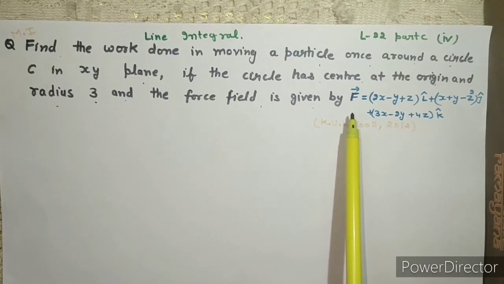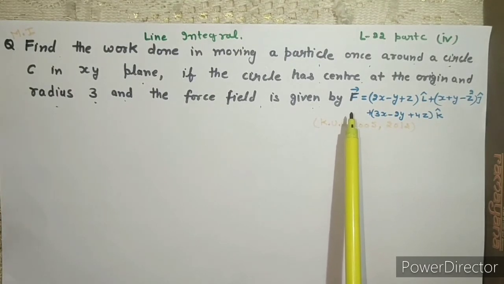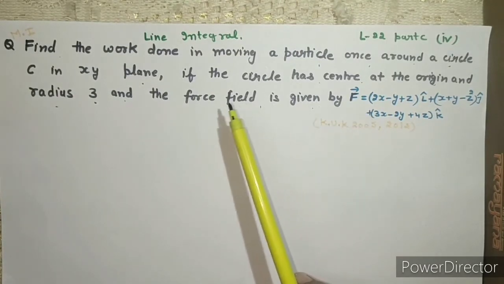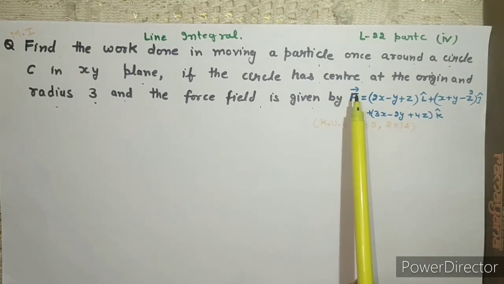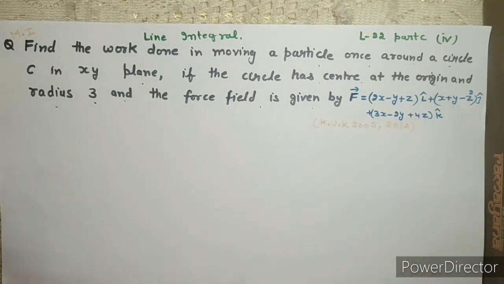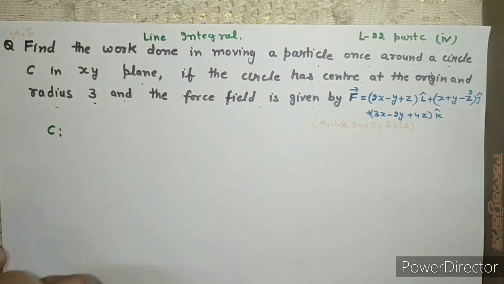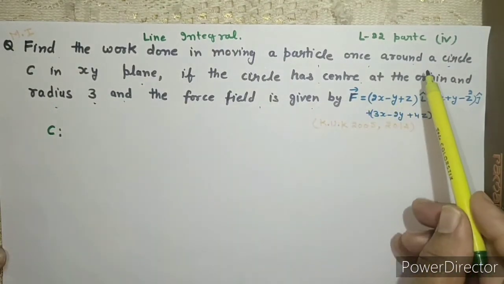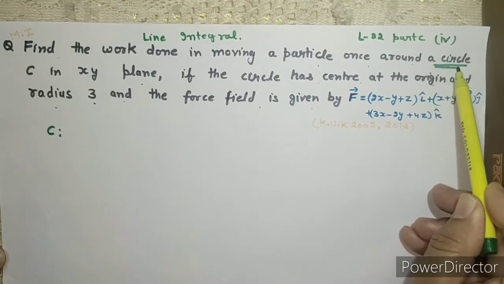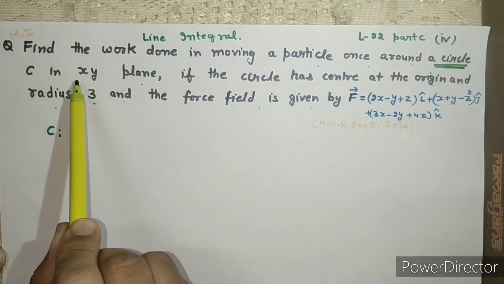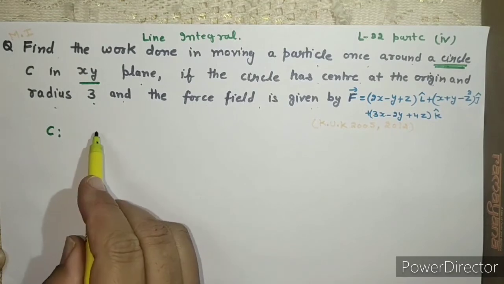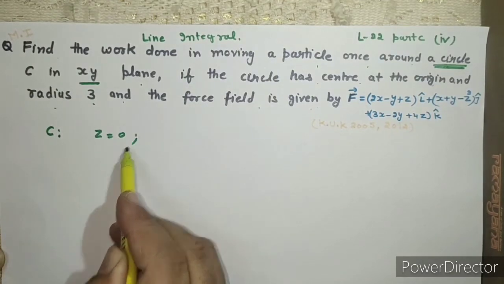अगर आप इसे ध्यान से देखें ना बच्चे, ये क्वेश्चन आपका फर्स्ट क्वेश्चन ही है। F dot dr निकालना है। एक सर्कल गिवन है, इसका रेडियस आपका 3 यूनिट है और सेंटर एट ओरिजिन है। तो फर्स्ट तो आइडेंटिफाई कीजिए कि इस क्वेश्चन में कर्व कहाँ है। कर्व क्या गिवन है, देखो अराउंड अ सर्कल। कर्व आपका एक सर्कल है, कहाँ है, एक्स वाई प्लेन में। एक्स वाई प्लेन में इट मीन्स z इज इक्वल टू 0 गिवन है,